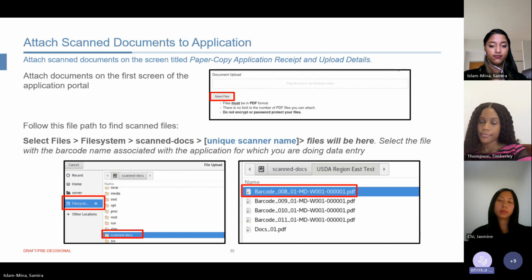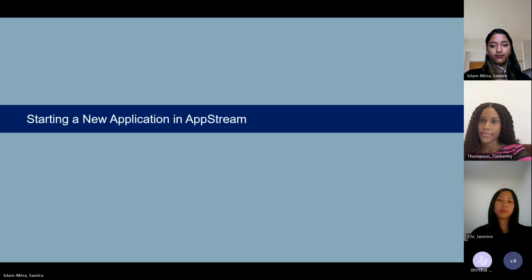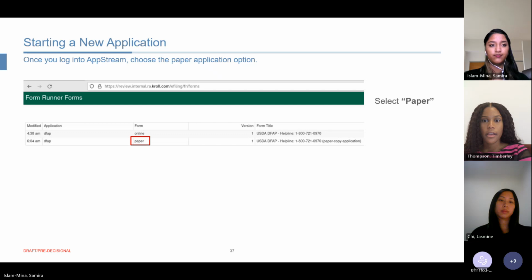All right, I'll pass it to Kimberly. Thank you, Stacy. As Stacy said, I'm going to give you a little bit of context to that. I'm going to walk you through how to start a new application and what it looks like when you do start. When you first log in after you've created your account, this is the first page that you'll see, and you're going to select paper because in this instance, we're entering information from paper applications into the system. After you select paper,